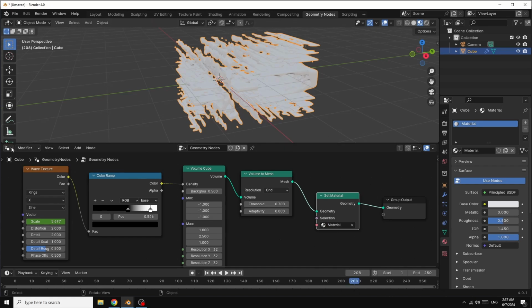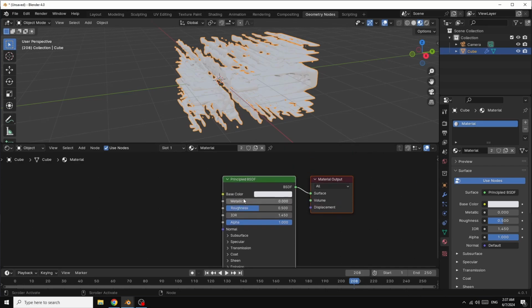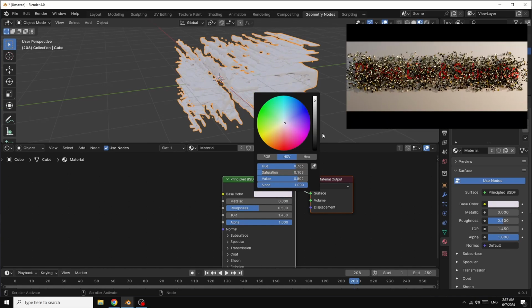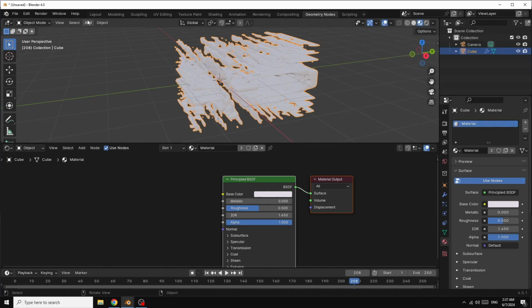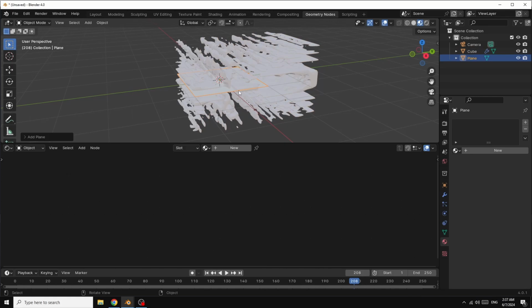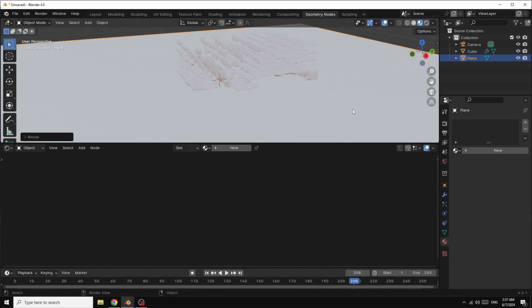Now if I go here in shader editor, and if I change the color, now we can change the color. So I leave it like this for the moment. Now I go here and add in mesh. I select the plane, S to make it bigger.